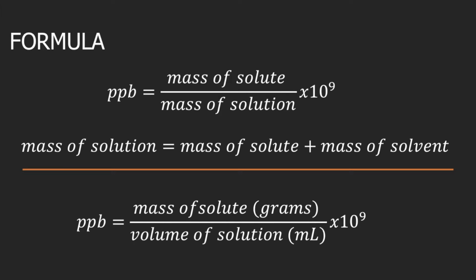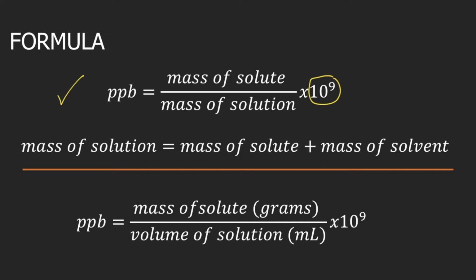If you have watched my video about parts per million, then you will get this topic very quickly. Parts per billion or PPB also has two formulas, and the formula depends on what is given in the problem. If you are given mass of solution, then use this first formula. PPB is equal to mass of solute divided by mass of solution times 10 raised to 9. 10 raised to 9 is 1 billion, so that's why you call this parts per billion.